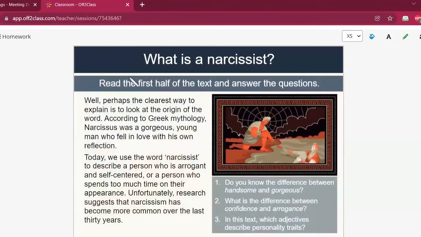Now read the first half of the text and answer the questions. So let's start with the first part. Iman, can you read the first part? Well, perhaps the clearest way to explain is to talk about the origin of the word. According to Greek mythology, Narcissus was